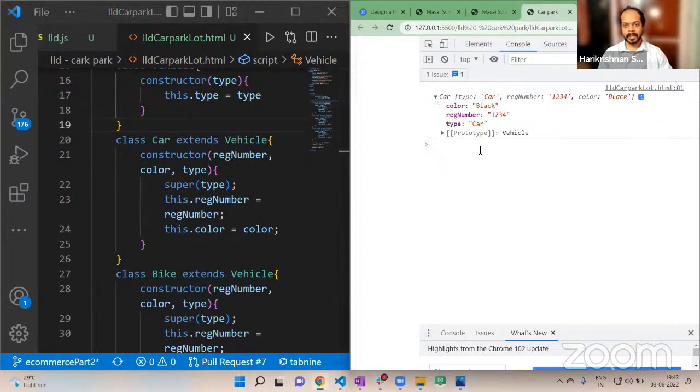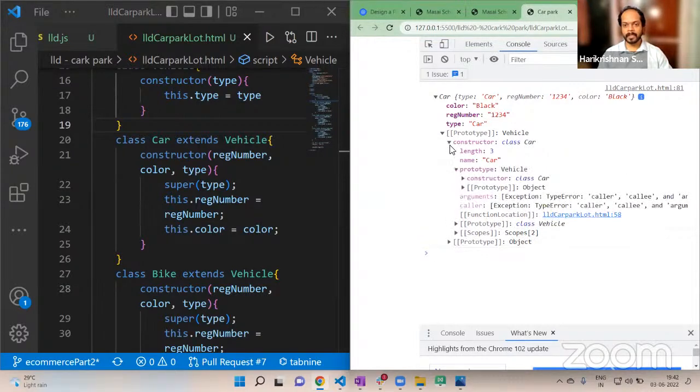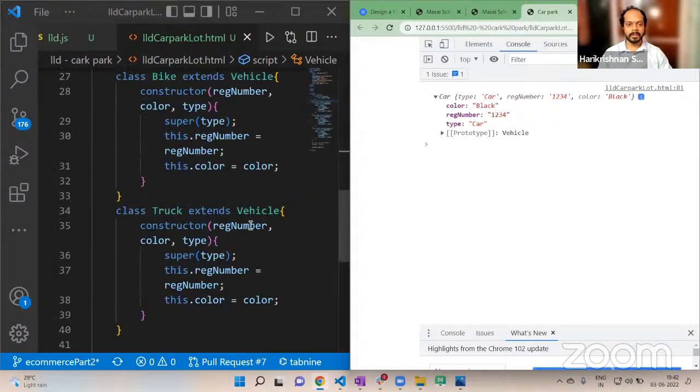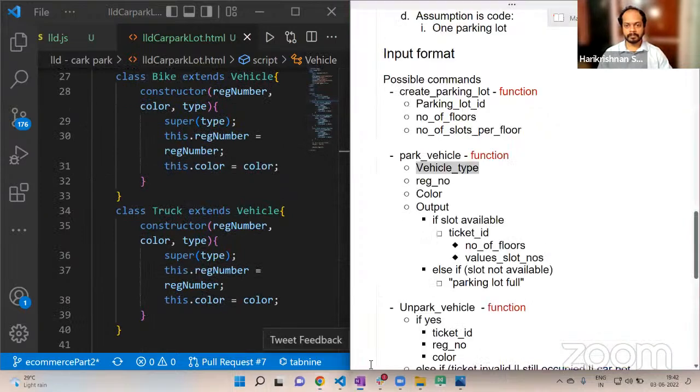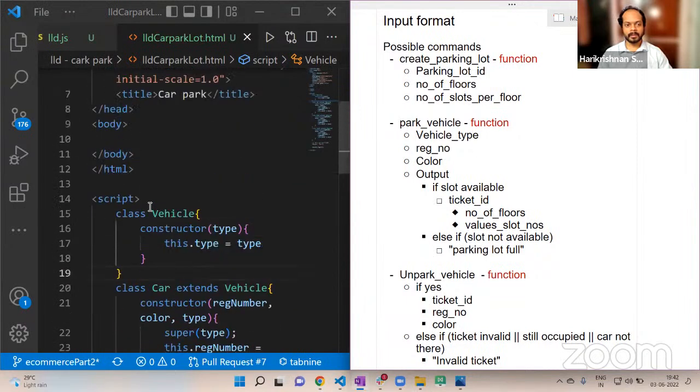Okay. We have the color black and okay. Constructor. Okay, it is inside. All right, so the prototype, like a vehicle, we are not seeing it. So that is why it's called abstraction. Okay, and constructor color car. The car gets the type. Okay, great. Park vehicle, it is a function, and there could be